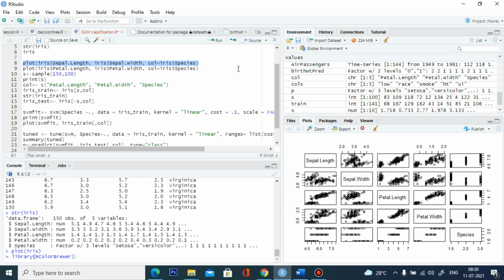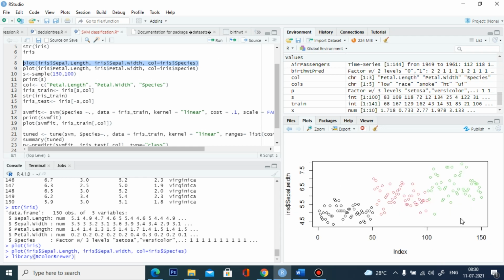I am going to run this command. So I am going to plot the iris data set based on the 2 variables sepal length and sepal width. That is how it will look. So this is your sepal length and sepal width. Here we can easily separate your black from your pink. We can easily create a hyperplane to separate these 2. But with your pink and green, there is some confusion here. We cannot draw a line to separate the pink and blue. So this is the red, pink and green, nothing but your species color. We are going to separate the species based on some colors.